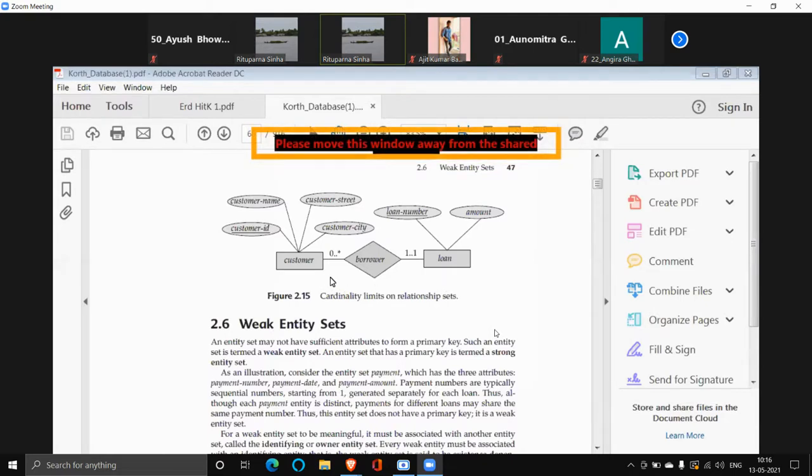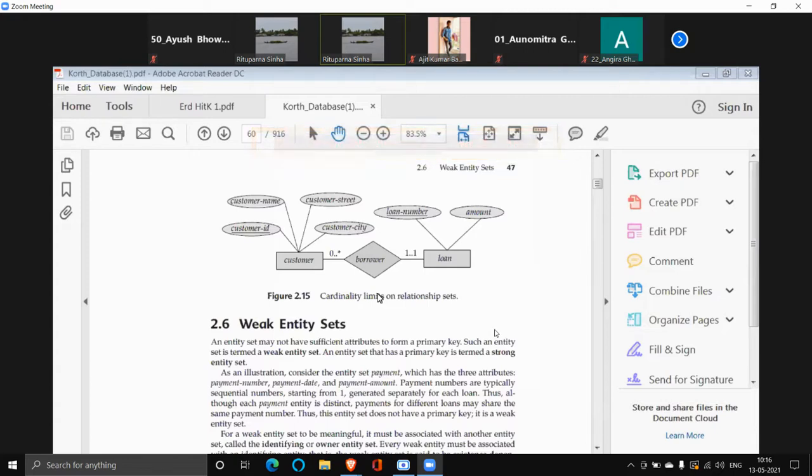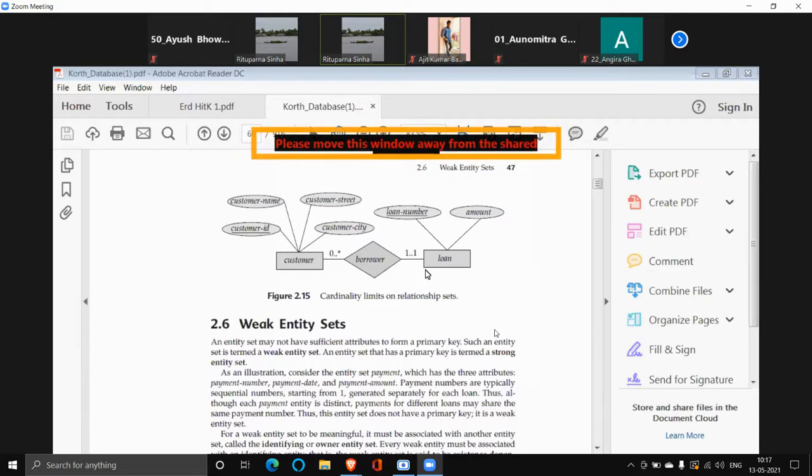Clear? So either you use that notation, the arrow one, or this much better one where you explicitly mention how many associations there are, what the min value is, what the max value is. Now, another point: yesterday I asked, what is total participation? What is the meaning of total participation? What did I say? If I have a double line, not arrow, sorry, double line, like, let me check.